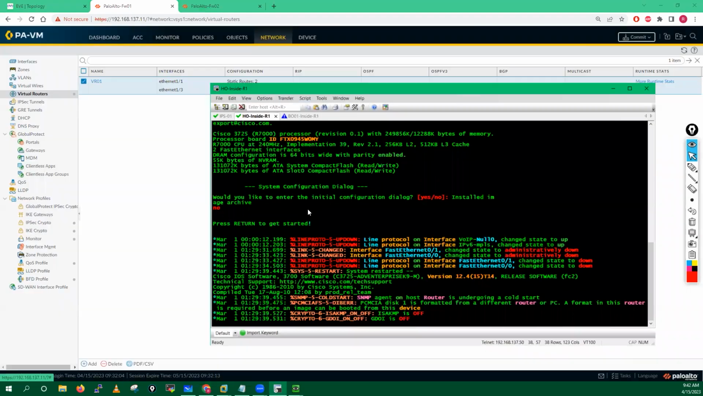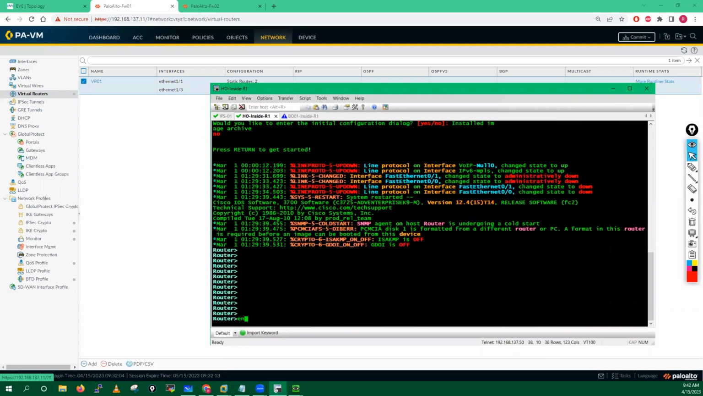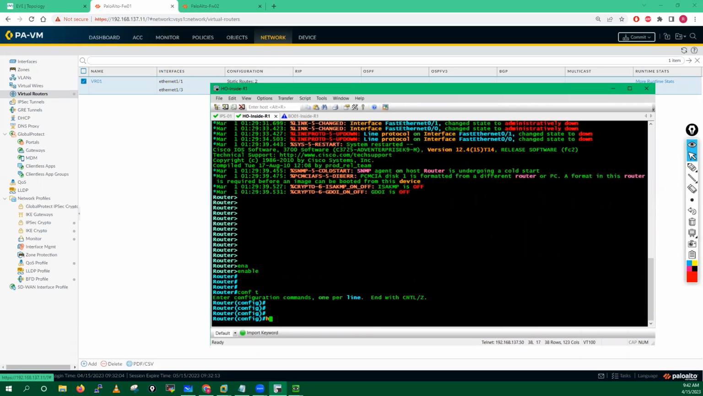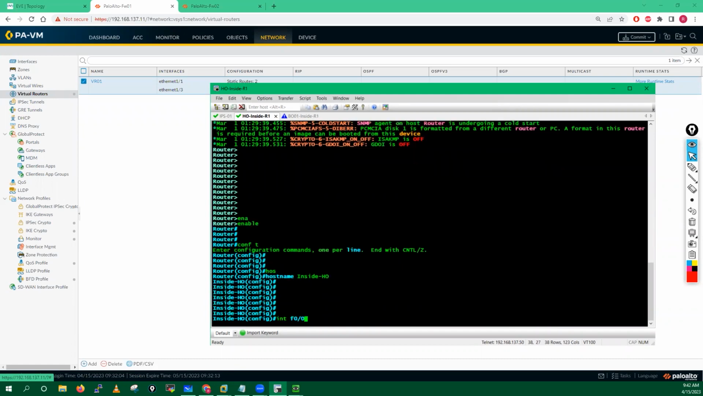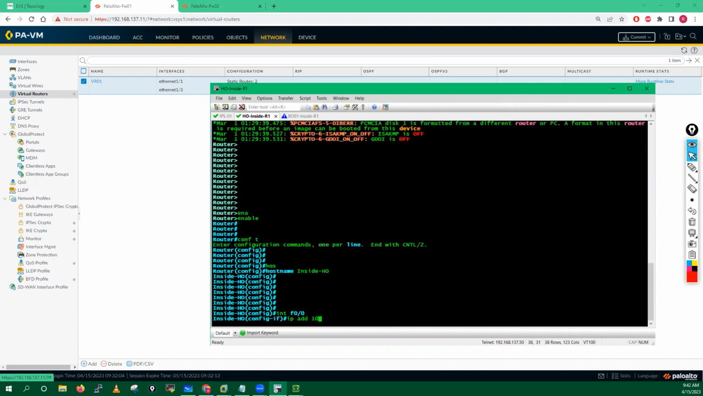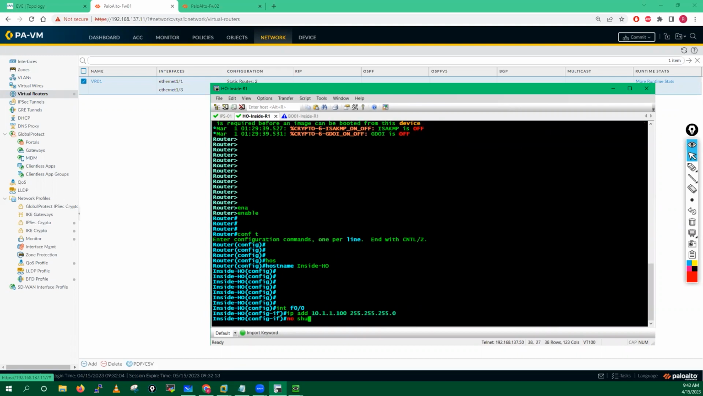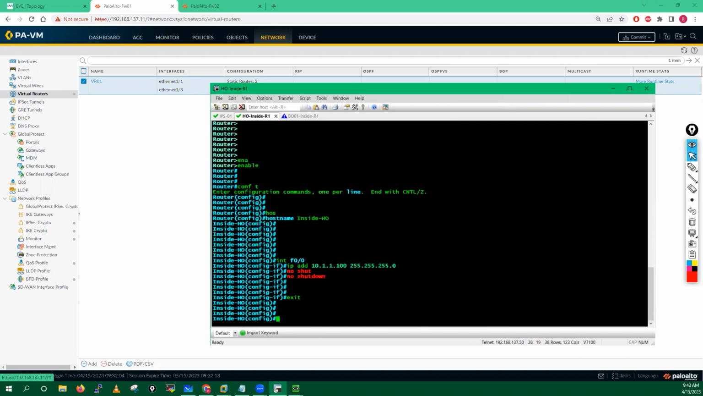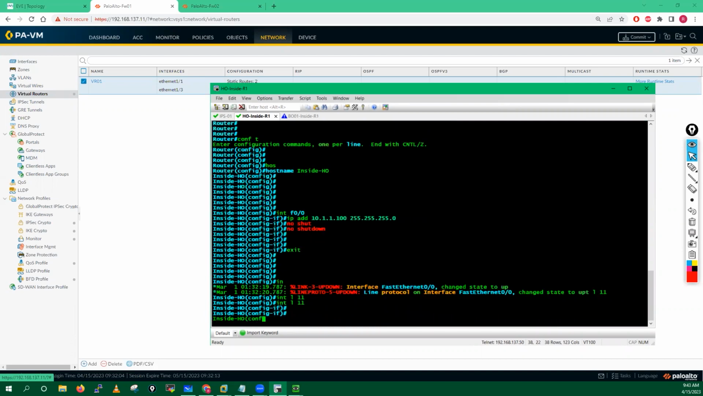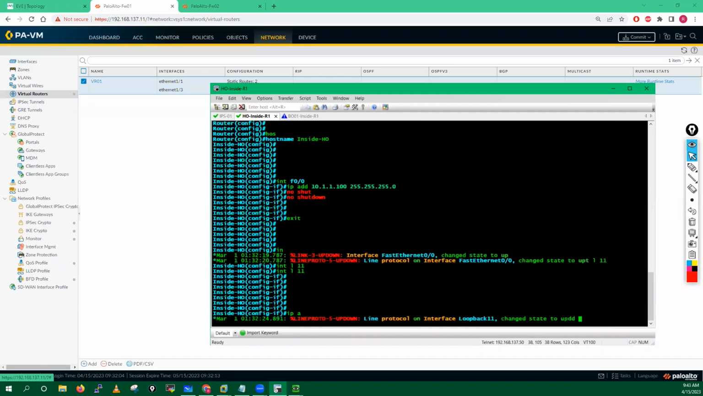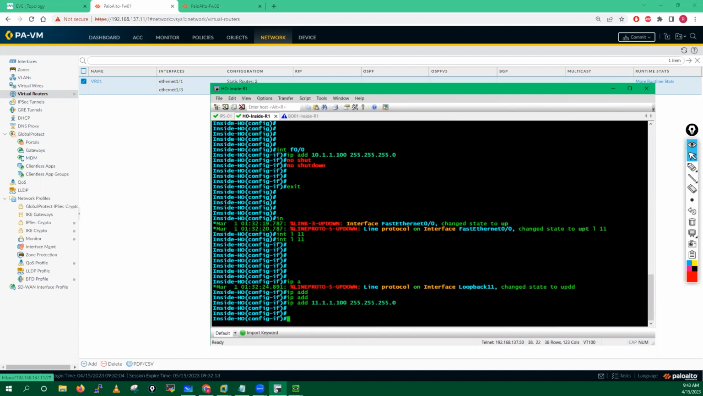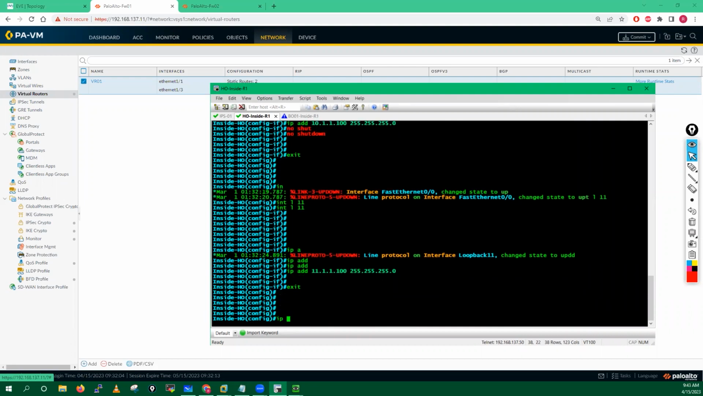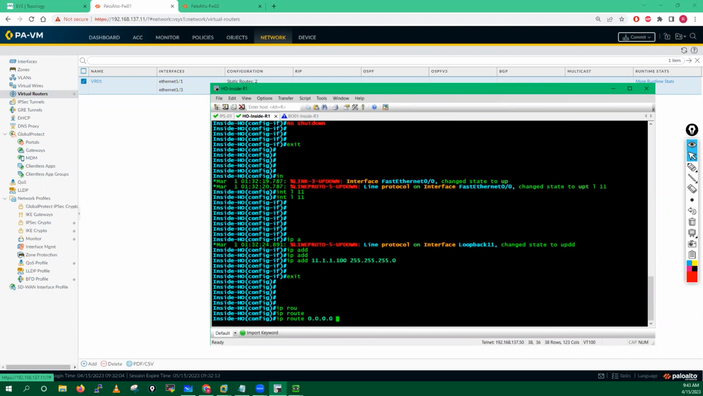Meanwhile, let me go on my inside router. Let me just do the configuration. Hostname inside HO, interface F0/0, IP address is 10.1.1.100, 255.255.255.0, no shutdown, exit, interface loopback 11, IP address 11.1.1.100, 255.255.255.0, exit, IP route 0.0.0.0 0.0.0.0